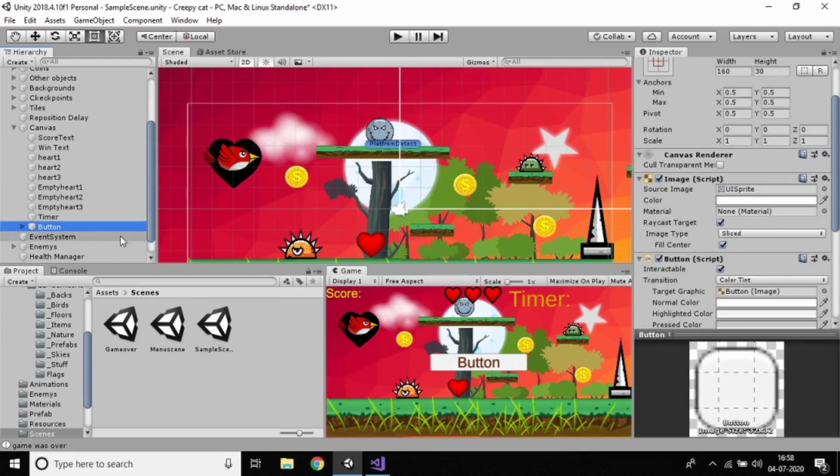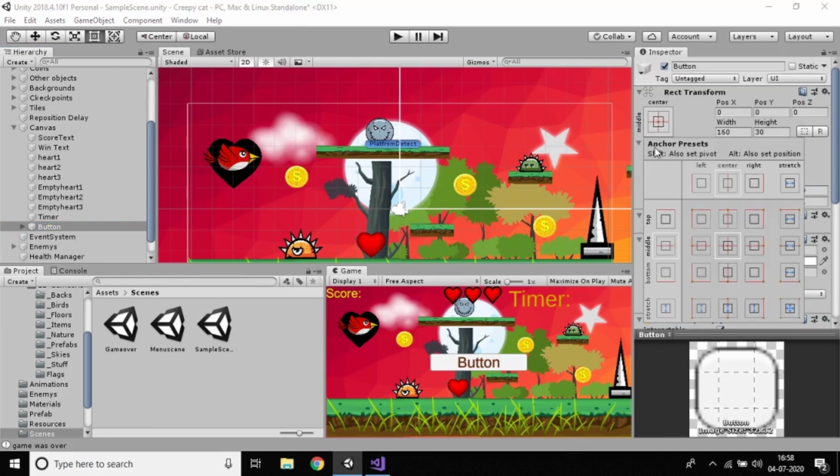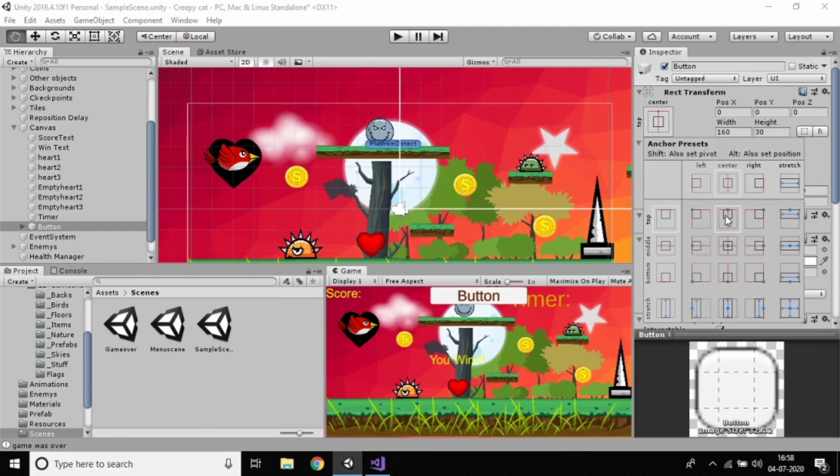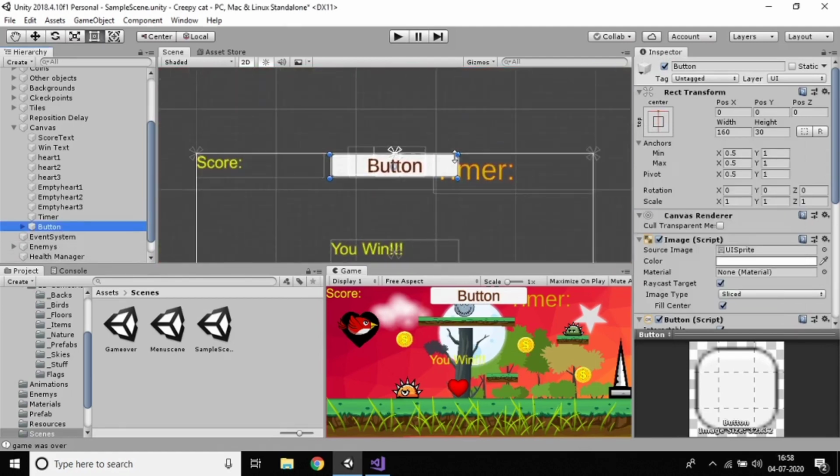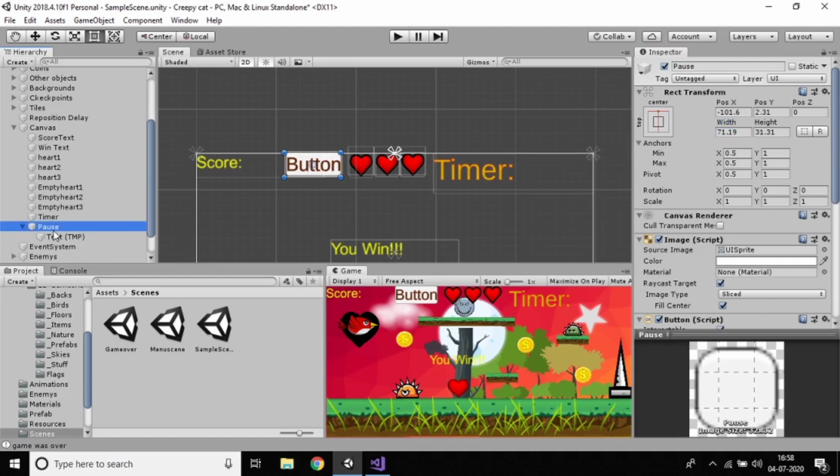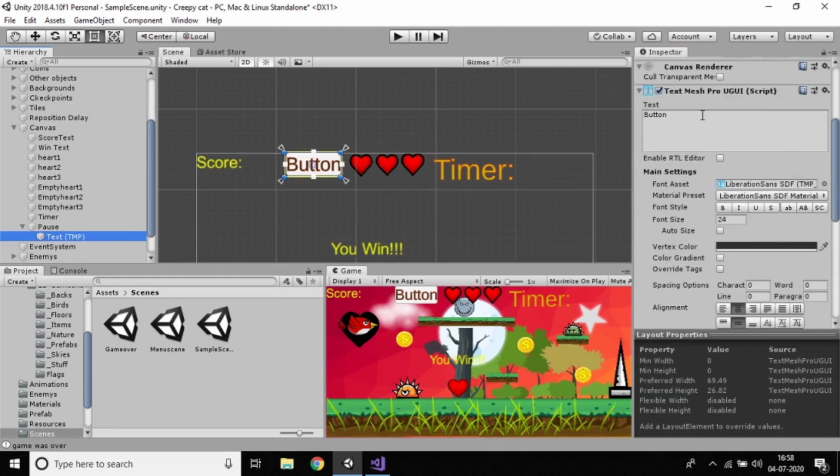Just click this one, hold alt shift, and resize the button also, and just make this one the pause button, and in that it has the text also.